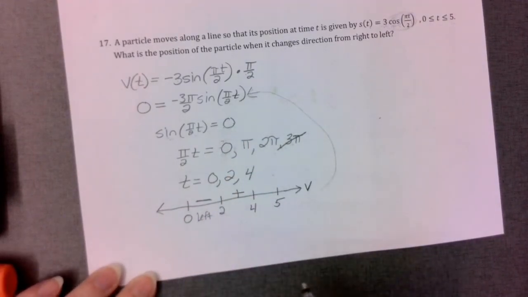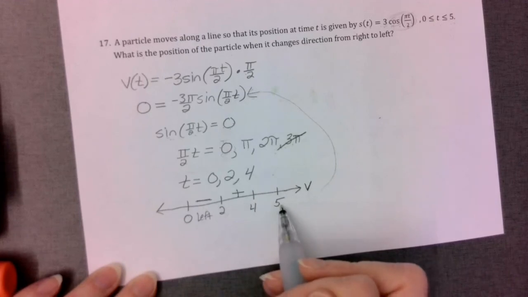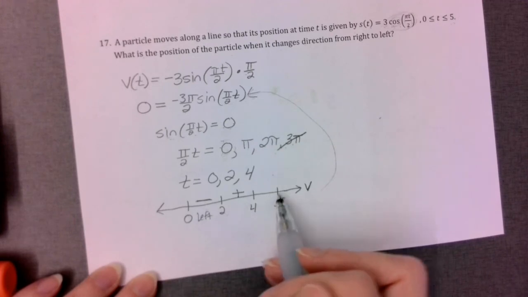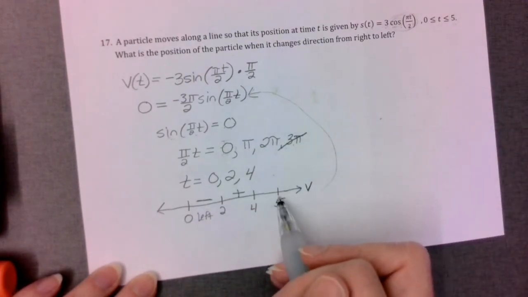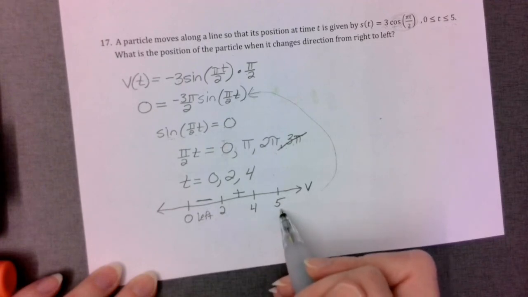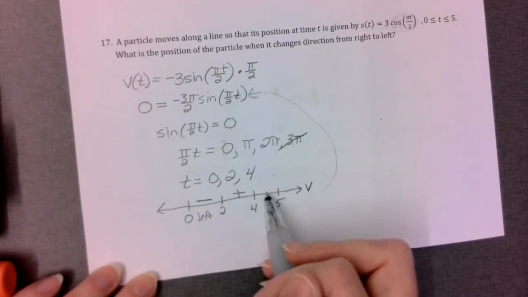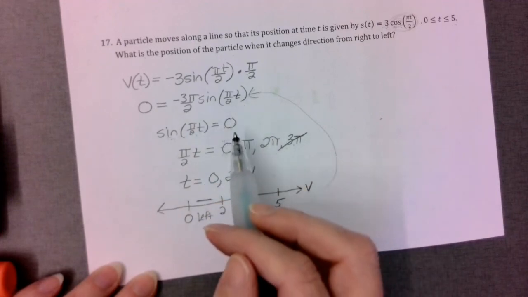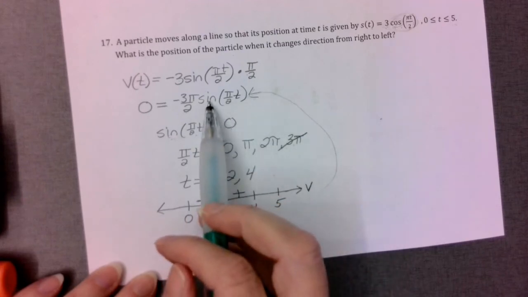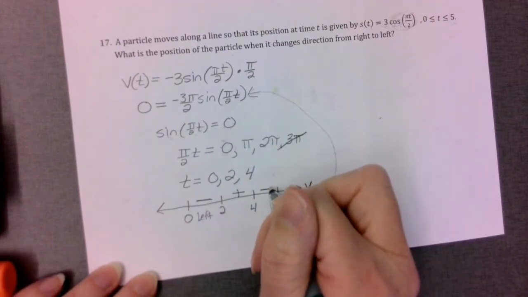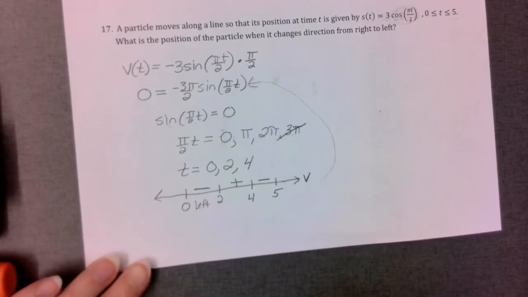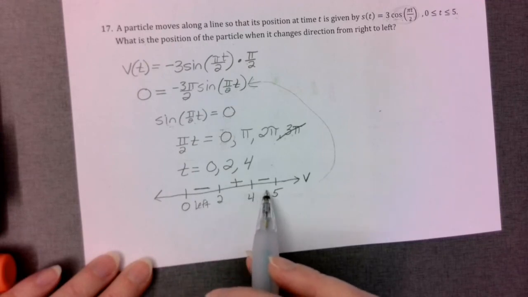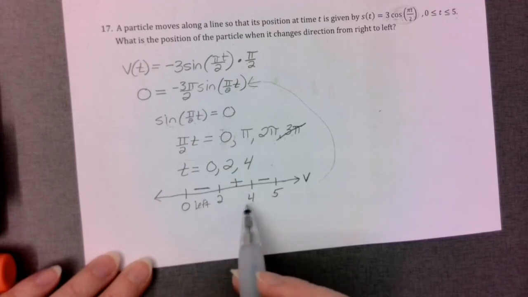From 4 to 5, we could say I'm testing 4.5, but since we're ending at 5 and it's inclusive, it's much easier to think, oh, let's test 5, because that is part of the ending interval. 5 pi over 2 is back up top, which means it's a 1, times the negative gives me a negative for that region. And your sign charts will alternate as long as you don't have an even root, a double root, a fourth root,